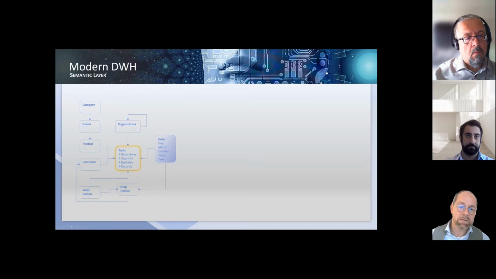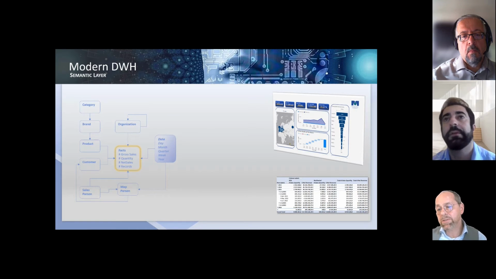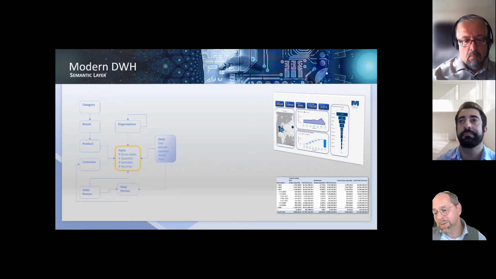We have a date dimension in this model, and we have a self-referencing organization dimension displaying a parent-child hierarchy. This is what is technically in the database, but we cannot present this to the customer. We would like the customer to use this model and display it in Power BI reports, like you see on the top,